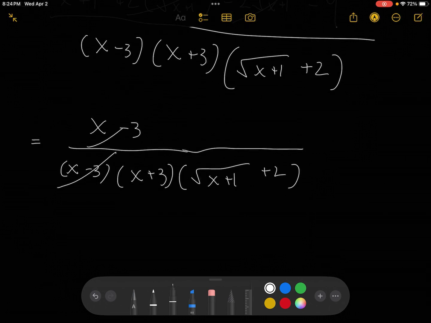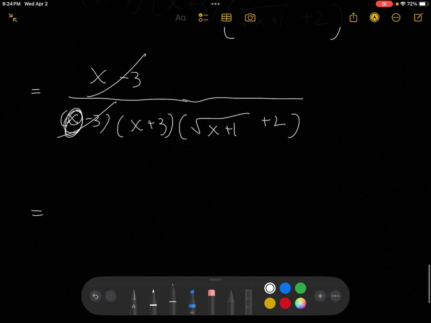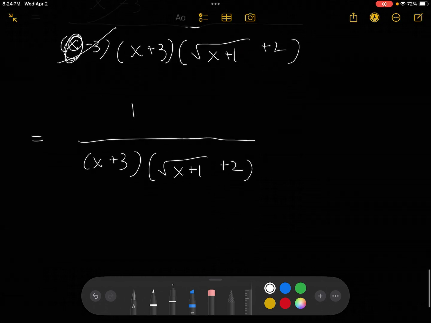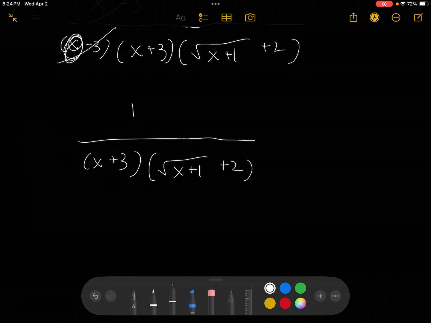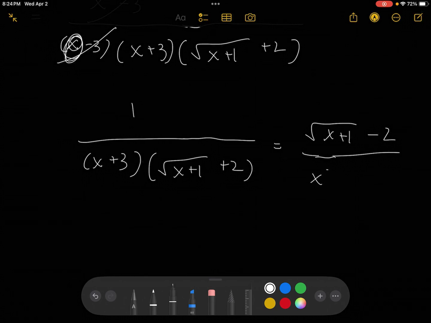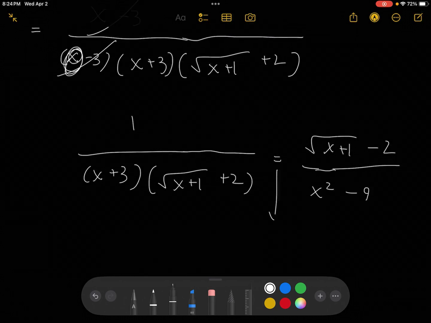And then now we'll see that this minus 3 and this minus 3 are going to cancel. However, we can only perform this cancellation for all values of x except for x equals 3. So this is how we're going to arrive at our new equation. So what we see is that this new equation is equal to our old equation for all values of x except